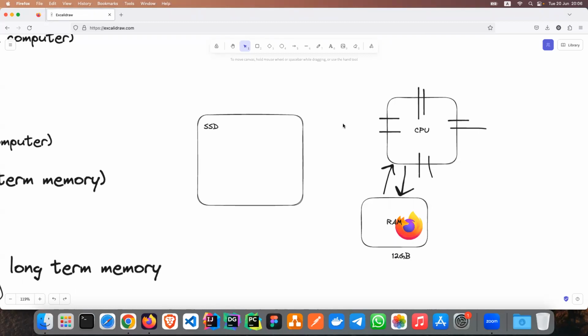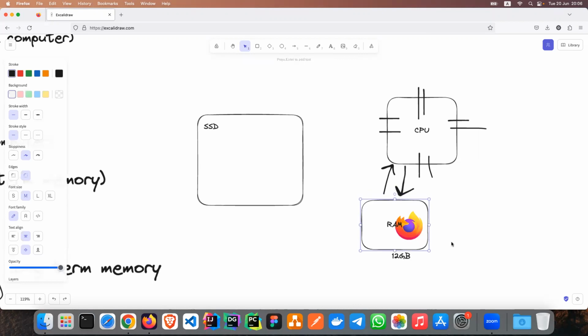Okay, we have a high level overview of what happens when we run a program. All our programs are stored in our SSDs, because we don't want to lose them. Whenever I open any program, not just Firefox, I can open any program. We will write programs in Python. They are also a kind of program which we will save on our disk. But when we run them, our operating system will load the program to our RAM,